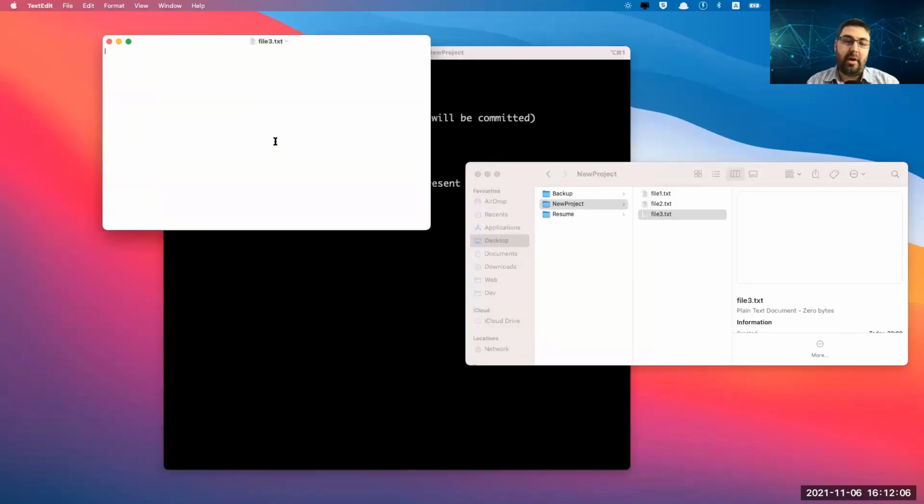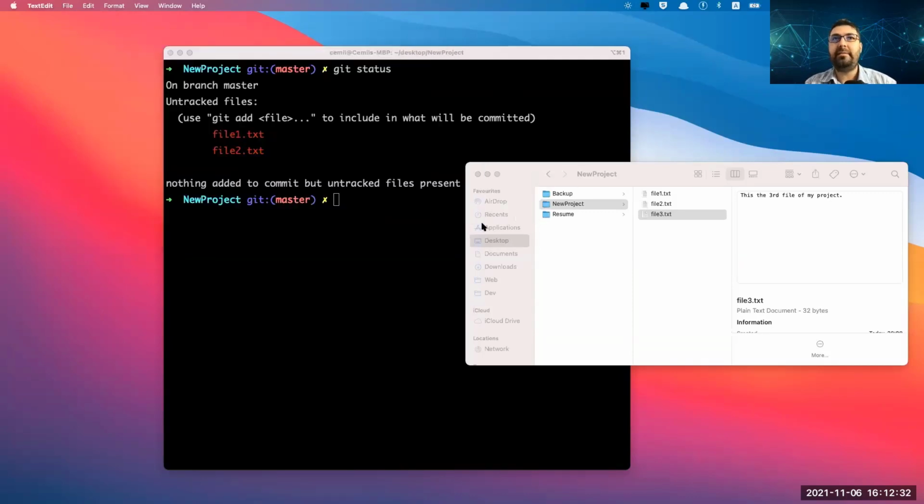Let's add some text here. This is the third file of my project. Okay, this is what I changed now. Look what will happen. Save it.